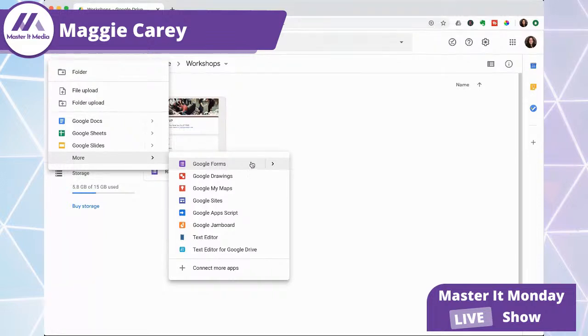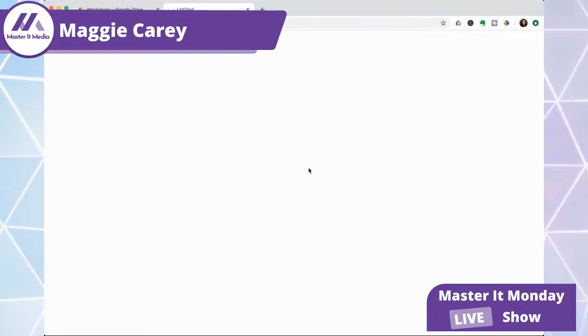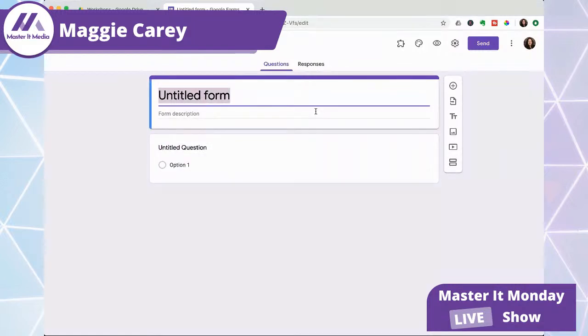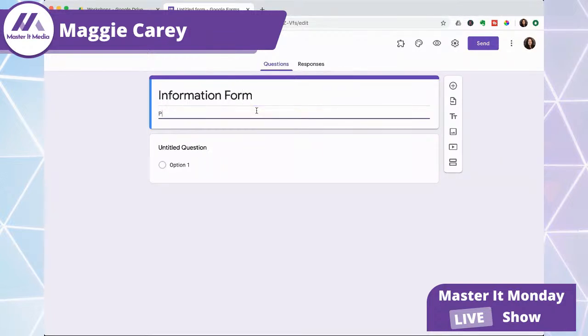pop up here. Now, the cool thing about Google Forms is you can create a blank one, or you can do one from a template. For our first exercise, I'm just going to go into creating a blank template. And in here, I'm just going to do a very simple data collection form. So in here, I'm going to put the information form. Please fill out